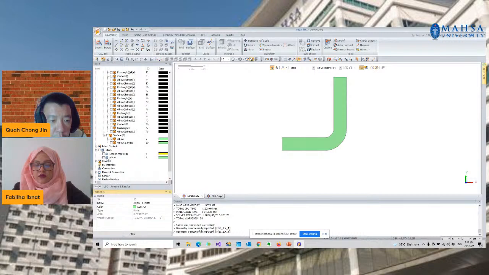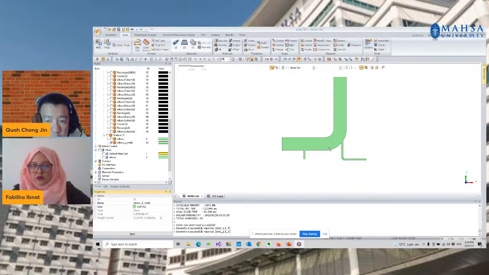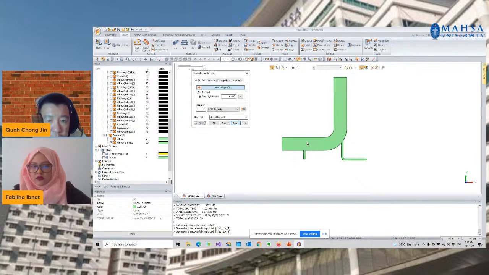The first model is where I conducted the steady state analysis and transient analysis using this mesh. And now I created an additional model, in which I am going to inject additional inlets into this area and this area as well. I'm going to create the mesh for this second model.